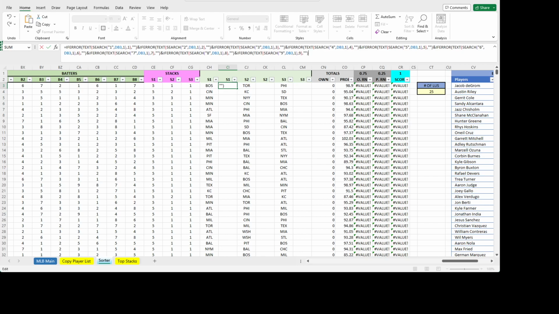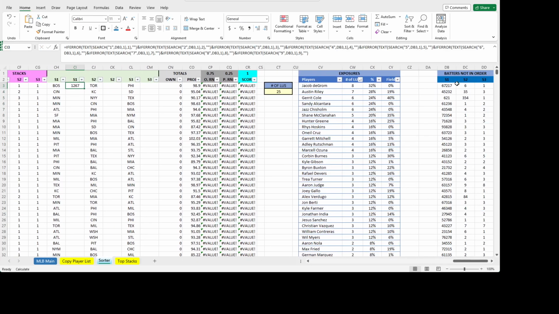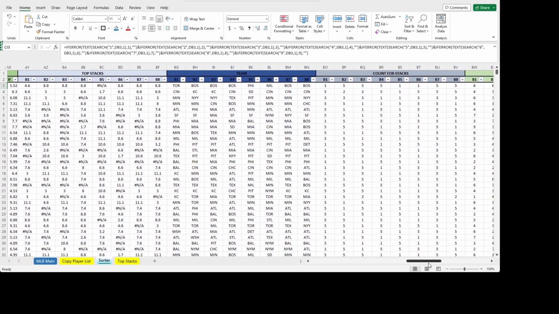Because I have sequentially looked for these numbers, 1, 2, 3, 4, 5, in that order, and then concatenated either 1 if it's there or a blank space if it's not, what it's going to do is check the listing of batters that we put in our helper column back there. And if there's a 1 in it, it's going to populate a 1. If there isn't, it's going to be blank. But then it's going to go to the next one. And if there's a 2, it's going to put a 2. But if there isn't, it's going to be blank. And it's going to concatenate again. And so the net result is it's going to turn our 67217 into